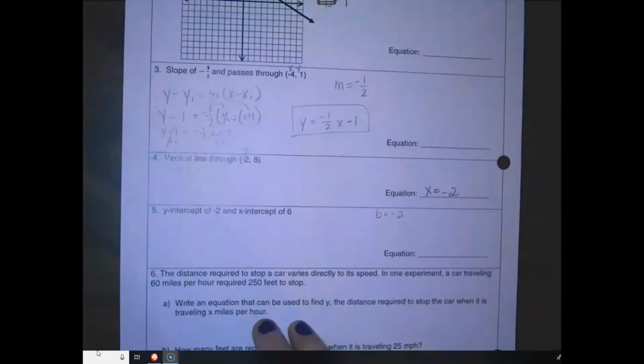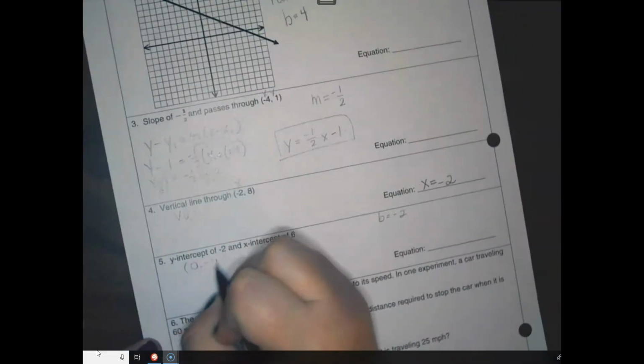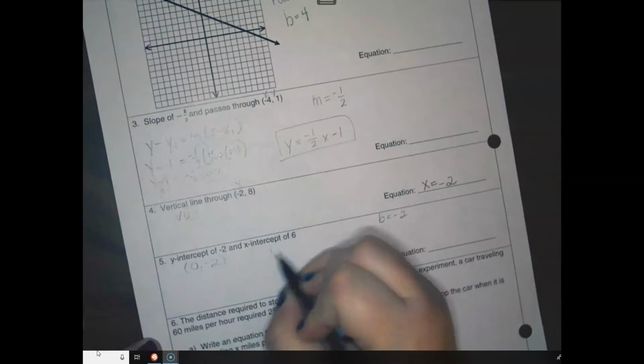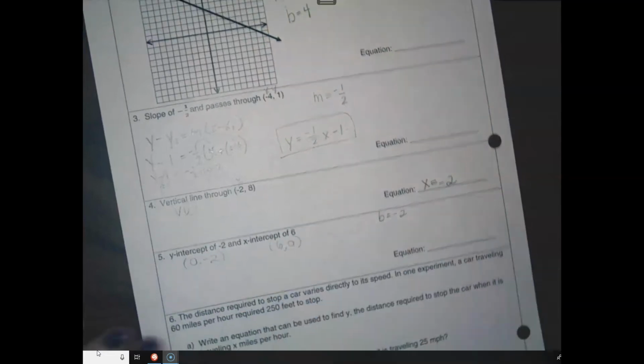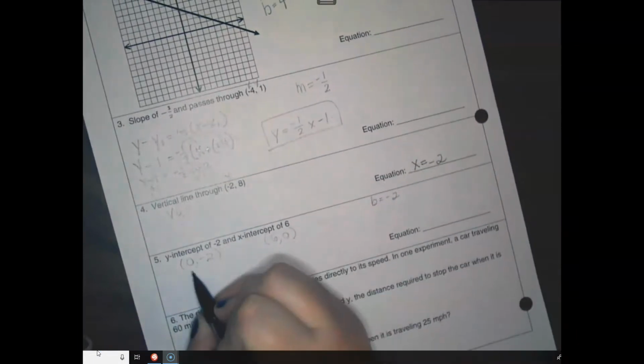Yay. Alright. And so we're going to look at our x-intercept and our y-intercept. Alright, so that gives us 2 points. Sorry. So we have 0, negative 2. And our x-intercept is 6, 0. So we can find our slope by doing,